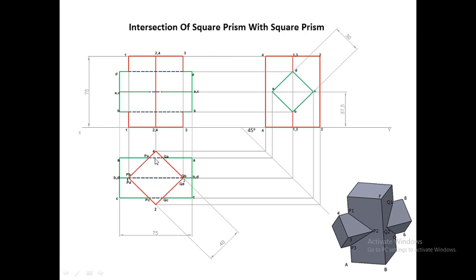Now we will project all these points of intersection in the front view also. For projection, you have to just draw vertical projection lines from all these points, that is PA, PB, PD and PC, as well as QA, QB, QD and QC. Now PA and PC will be lying on a single line since they are collinear. Similarly, QA and QC will also be lying on a single projection line since they are collinear with each other.